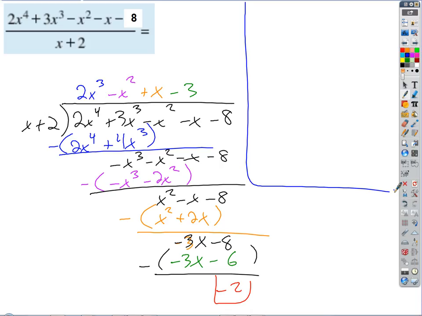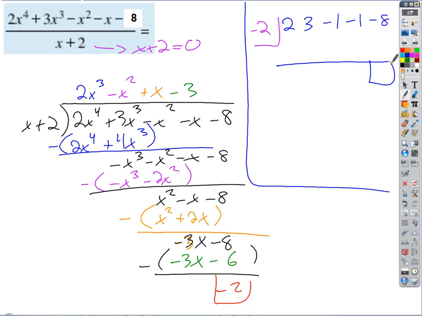What happens if I do the synthetic substitution process we just learned? So the number that I'm going to put out front, though, is not 2. The number that goes out front is going to be what I get when I set the bottom equal to 0. So it's the 0 of the denominator. What value of x makes the bottom 0? Negative 2. So I'm going to put a negative 2 out front, and then my coefficients are just going to be 2, 3, negative 1, negative 1, negative 8,